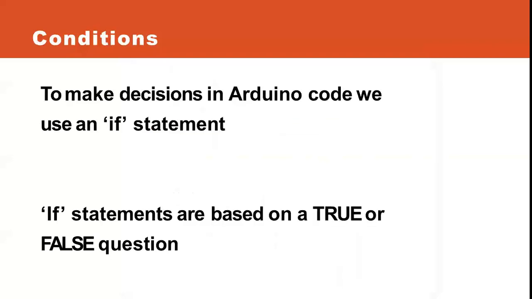Arduino code also supports conditional statements. The if statement is similar to C programming. If statements are executed based on the condition, if it is true. If the condition is false, then the statements are not executed. This is useful in making decisions. For example, if the temperature value is greater than a threshold, then some part of the code will be executed, else some other portion of the code will be executed.